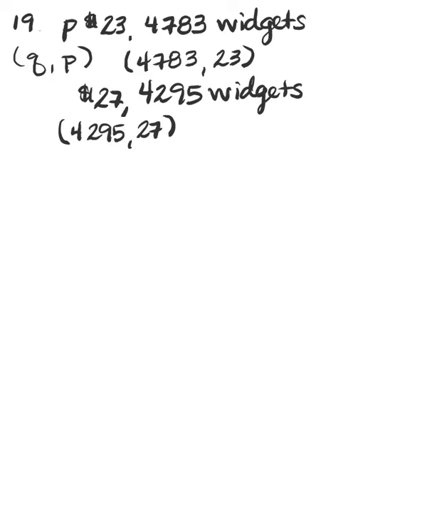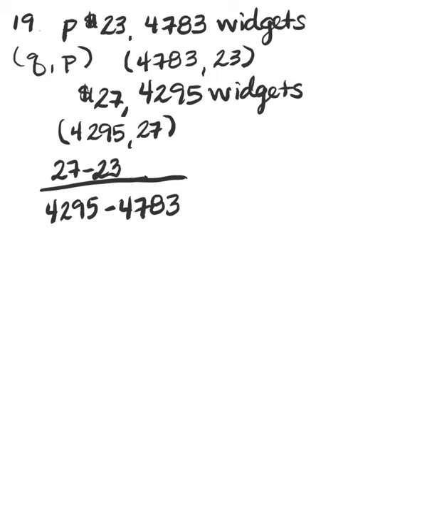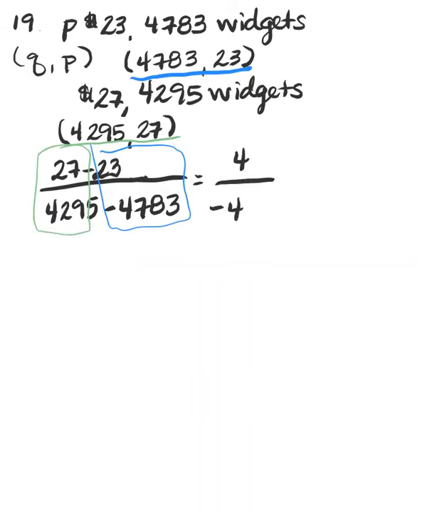Okay, so the first thing I have to do is find slope. I'm going to take the bottom one here. I'm going to do 27 minus 23 over 4295 minus 4783. One thing you can check if you're unsure, because you're bouncing all around your paper, is that these two numbers should be on top of each other. These two should be on top of each other again. So if for some reason you're not quite sure, and you feel like maybe this is wrong, just because the numbers are all over the place, you can double check. Okay, so we get 4 over negative 488,